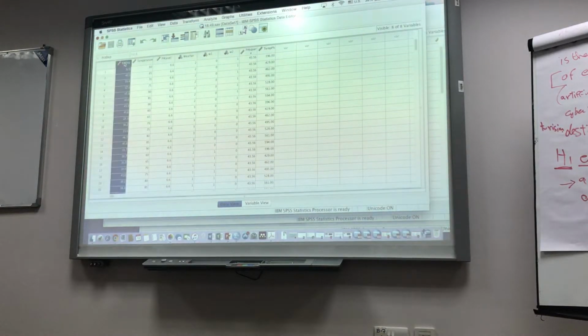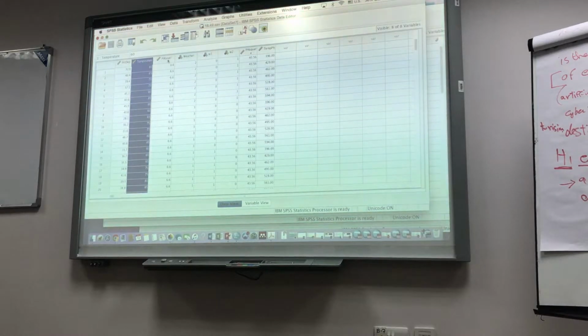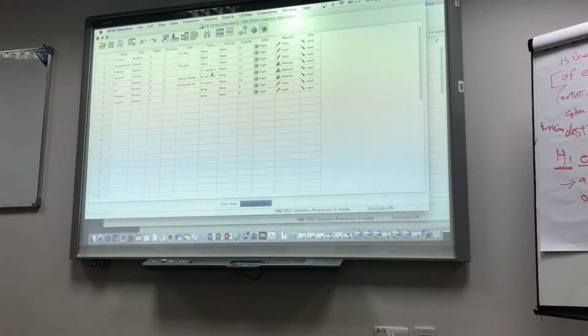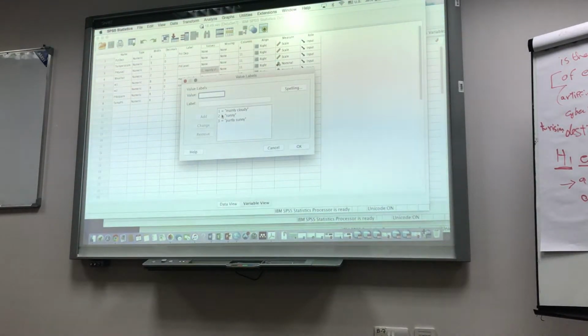Okay, so in the data set, I have a dependent variable, which is the percentage of the depletion of the chlorine in the pool, then temperature of the pool, pH level, and weather. For the weather variable here, it's a nominal variable. So we need to recode this weather variable into two dummy variables because it has three categories. Remember how to change the nominal variable into dummy variables in the regression model.